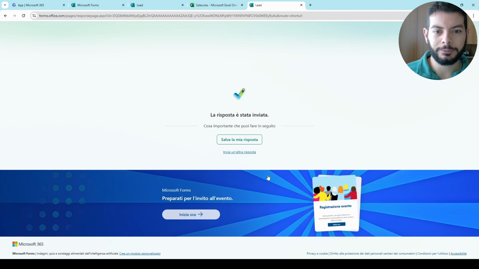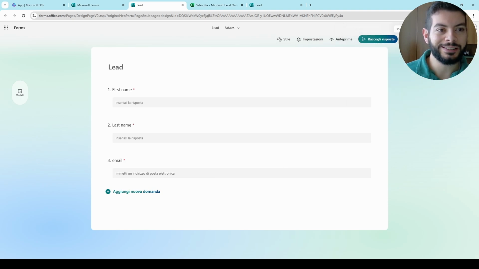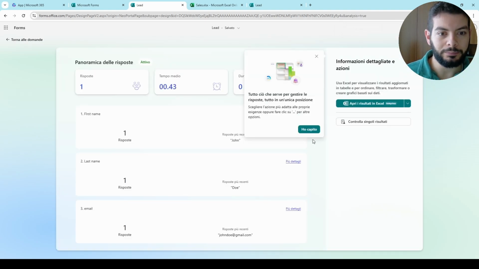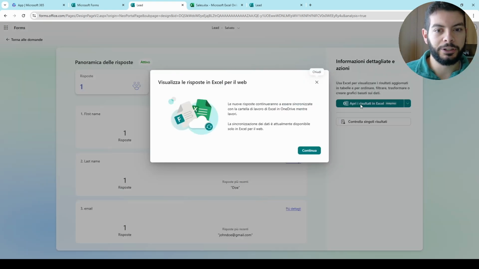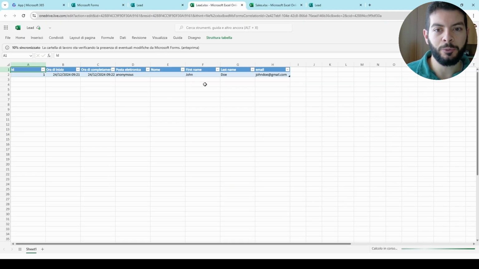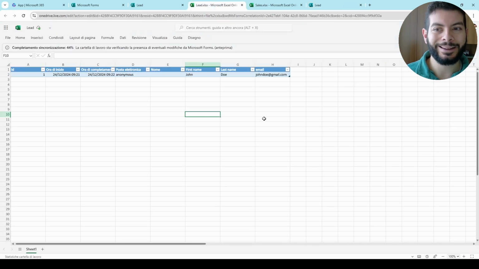We submit, and at this moment we will see something magic. We can see the answers, and we can of course open the results in Excel. We click here, continue, and we have connected our front end with our back end.